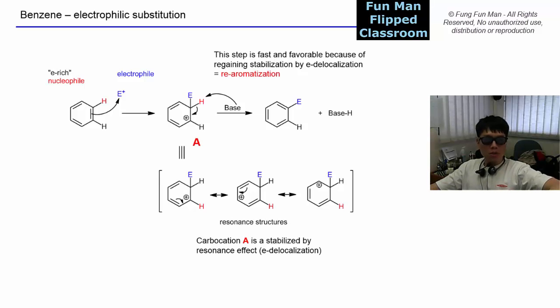Now what happens is, first the electron-rich benzene ring will use its electrons to attract an electrophile, which we call E+. E forms a bond there. The next carbon must take a plus charge. But then in the next step, a base will come in and pick up the H that was attached to the carbon that has the E. So now this bond here will break. The electrons here will go back to the ring and reform the aromaticity. So we call this re-aromatization,